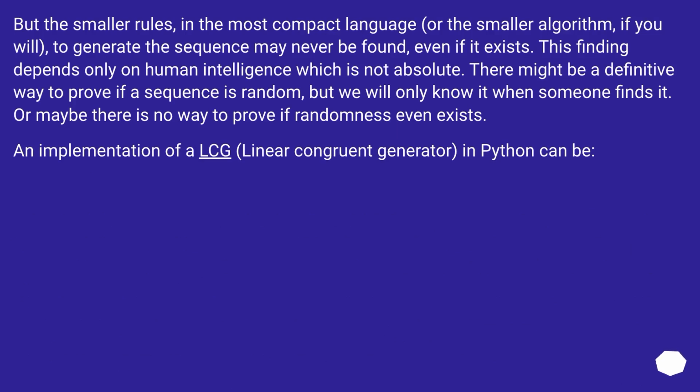But the smaller rules, in the most compact language, or the smaller algorithm, if you will, to generate the sequence may never be found, even if it exists. This finding depends only on human intelligence, which is not absolute. There might be a definitive way to prove if a sequence is random, but we will only know it when someone finds it. Or maybe there is no way to prove if randomness even exists. An implementation of an LCG, linear congruential generator, in Python can be